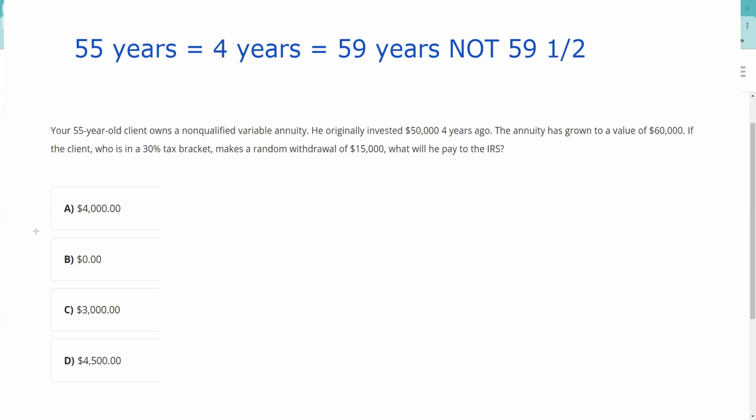He originally invested $50,000. Now, that $50,000 was money he's already paid taxes on. That's what non-qualified means. You're not using pre-tax money. When I say for test purposes, that means maybe not true outside of the Series exams, whatever fantasy land you happen to be living in presently. But for our purposes, test purposes, we say, okay, this is money that's already had taxes paid on it. It has a cost basis. Cost basis is simply when you turn the money into the investment. So his cost basis is $50,000, and he's already paid taxes on that $50,000, right? Because he's funding it with after-tax money.